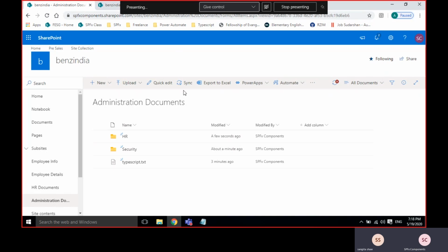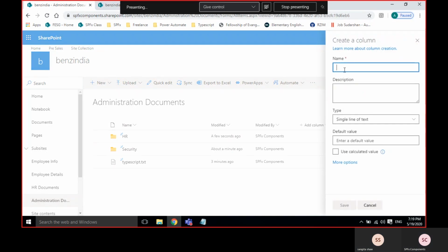Some people create a column instead. For example, the column name is category.